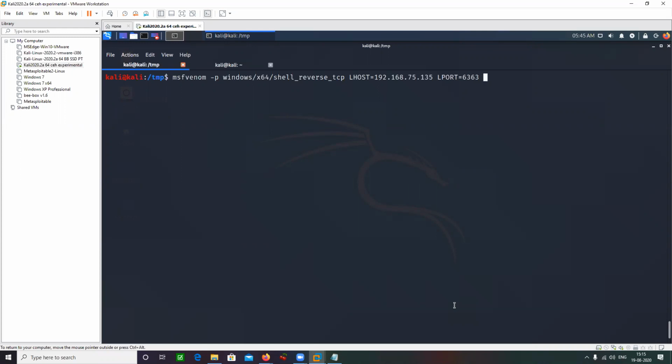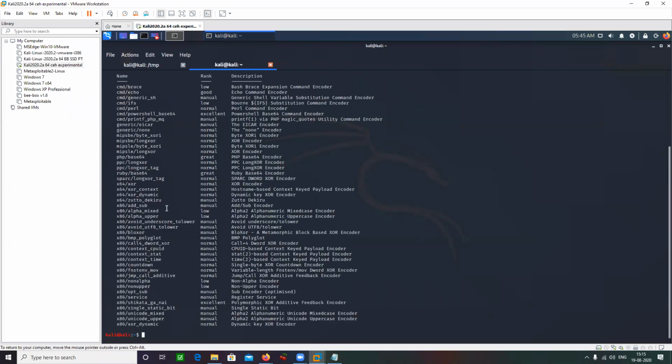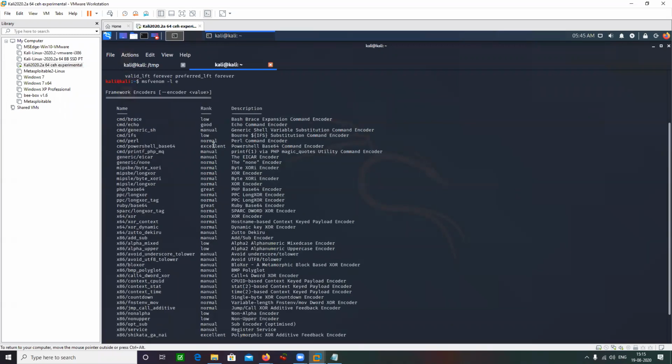Let's use some kind of an encoder as well to encode our payload. I can get a list of encoders using msfvenom -l encoders. Okay, out of here, I'm going to choose something which has a good rank or excellent rank.